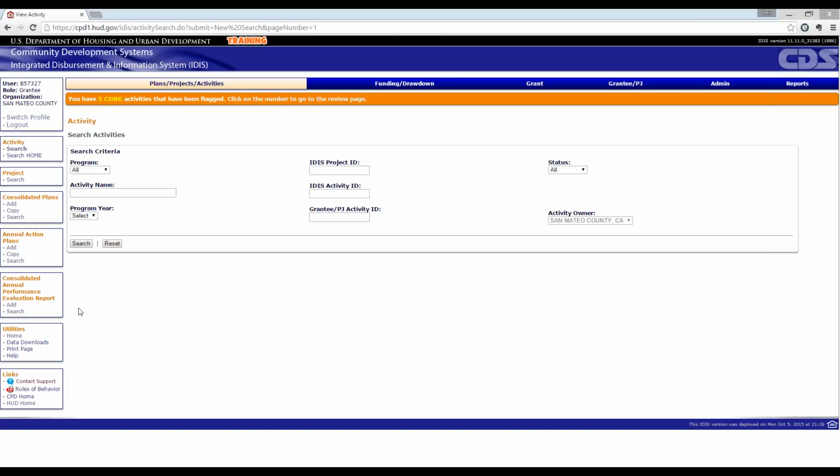You can add a new action plan, and you will have to enter your information again, but when you add that new action plan, you would make sure to be associating that with your amended consolidated plan. Or your second option would be to actually copy the year one action plan that is associated with the amended consolidated plan, but just set the year for the current year.